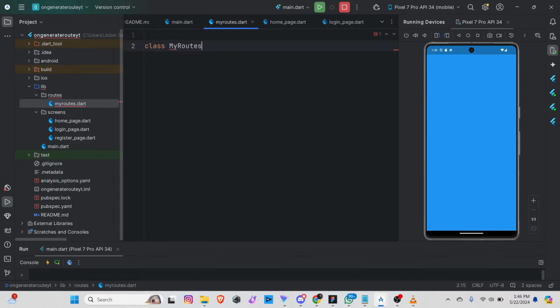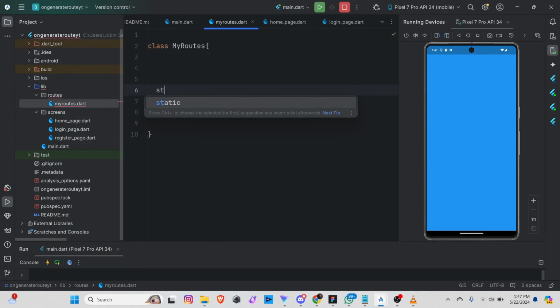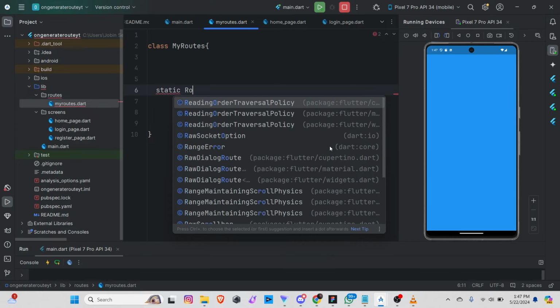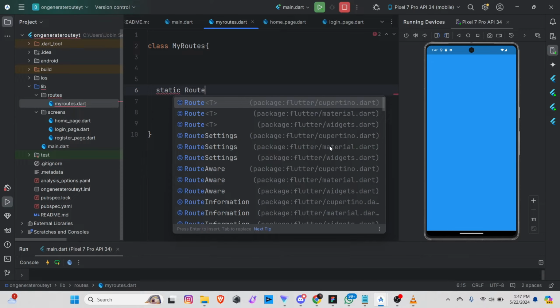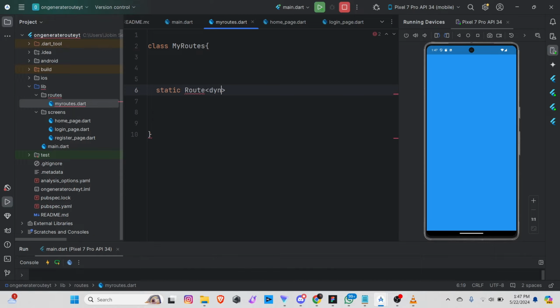So you have to define something like this, my route or app route, something like that. Okay, I'm going to create a class here, and inside this class I'm going to create a static method that is going to return a route. Okay, and the return type is dynamic, and the name of the method you can define, give any name. I'm going to give generate